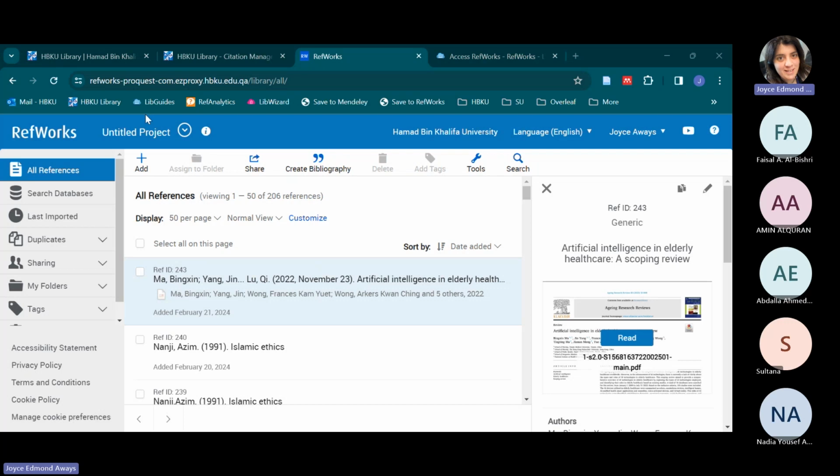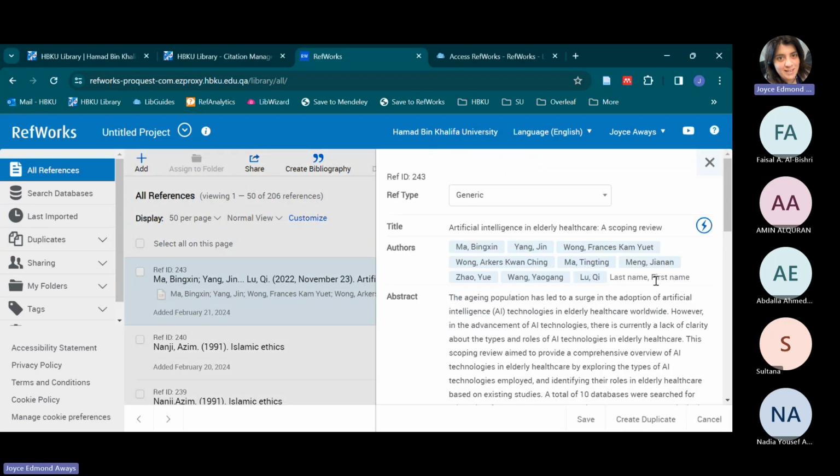So do not rely on the fact that if you've imported this source from a credible journal or a credible database or any reliable website, that the information in the reference is complete or correct. It's always your responsibility to check for any mistakes and correct them so that the information within your RefWorks account is correct so that you can use it when you cite in Word. To double check the information, simply click on the reference within RefWorks, and then you can review the information here. To edit anything, click on the pencil icon in the top right corner, and you will be able to view